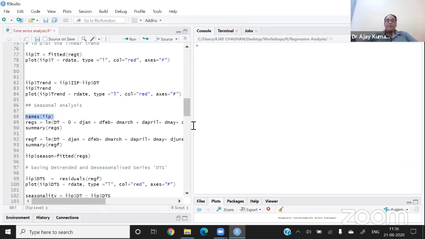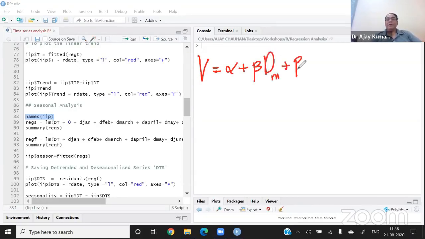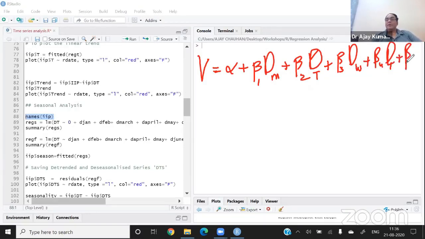Let's say I have volatility as a dependent variable, and I am running a regression model like alpha plus beta 1 into the dummy of Monday plus beta 2 dummy of Tuesday plus beta 3 dummy of Wednesday plus beta 4 dummy of Thursday plus beta 5 dummy of Friday.